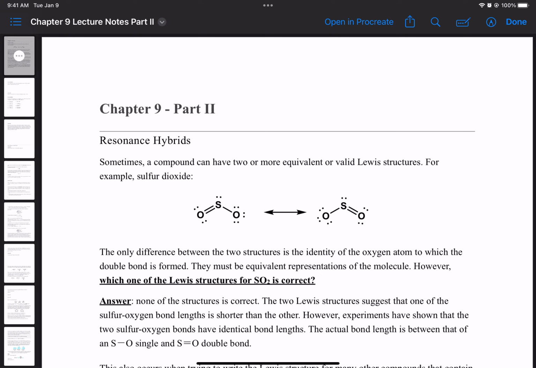And when we have that situation, we come across what we call resonance structures, where there are at least two or more equivalent or valid Lewis structures. A good example of that is this compound here, sulfur dioxide. Okay, so here let's just put in the charges,